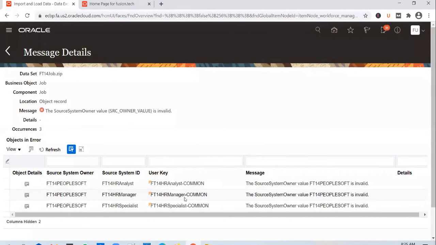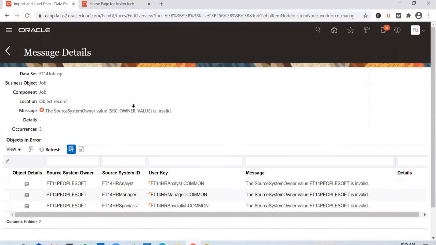Then how do you get the records that are loaded, or the error records and all such information? That's why the user interface here is a pretty good screen that they have built, and you also have some capabilities available to extract the information. For example, if you want to export this to an Excel, you can do that and see what records have this error. And if you want to get into the object details, you can click on it and get into the object details.